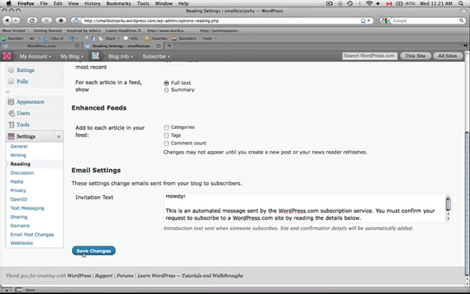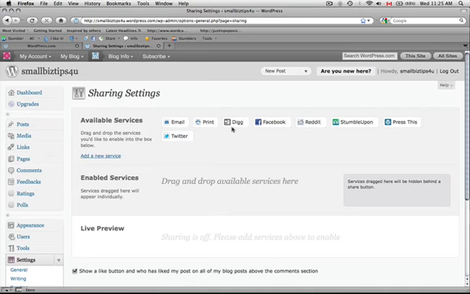And then the last option we're going to talk about here is sharing. Now sharing is another key component of your blog settings because these sharing options are what makes it easy for people to share your content across the web, usually through social networks. So what you can do is you can look at all the available services here, and in some cases you might even want to add a service. By default, they give you kind of the biggest social sites, and you want to make all of these available on your blog so that when people come, they can tweet it to their friends or Facebook it to their friends. So at a bare minimum, I recommend adding an email share